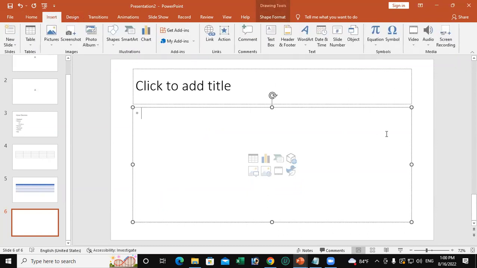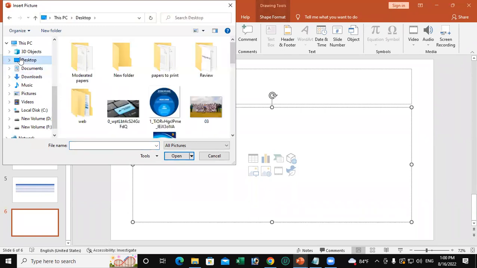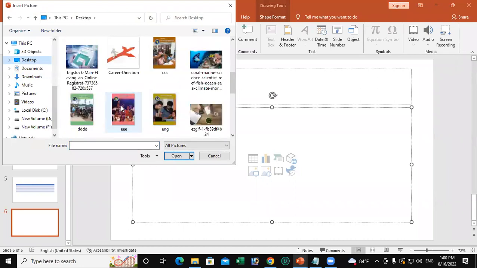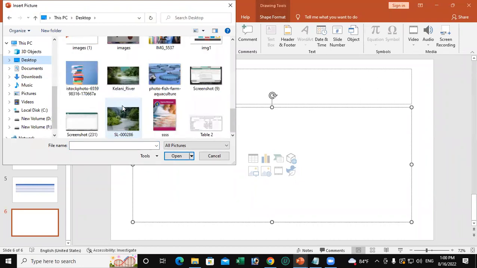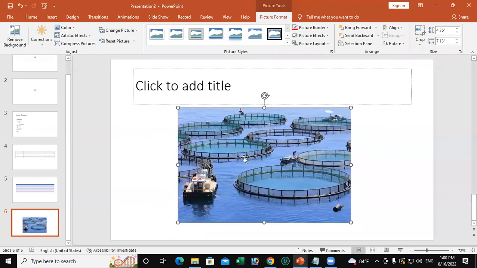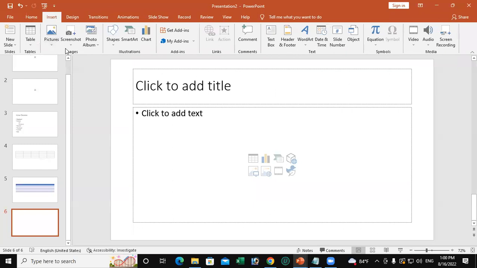Insert, then images. Under the images, you can see these pictures, and here you can see online pictures, and this device means local computer. If the pictures are available, then I can use them, right? So what is the picture that I can use? This one, right? So this is from my local computer. So you can use this picture, and also I can remove that picture, and again I go to insert picture,